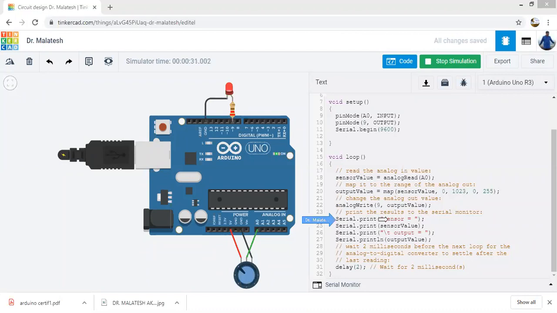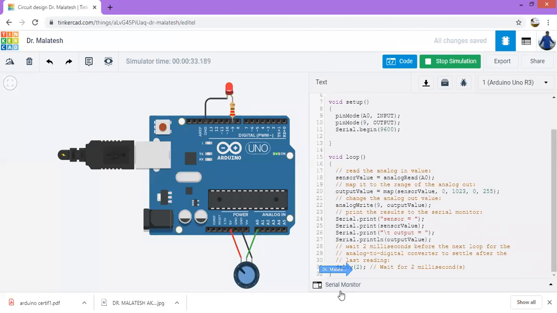Sensor value equal to will come, and what exact value will appear after this. And this is the output, and the output value will print, with a delay of 2 milliseconds. This is actually in milliseconds, so it keeps on being displayed. So I'll show you how it shows in the serial monitor.